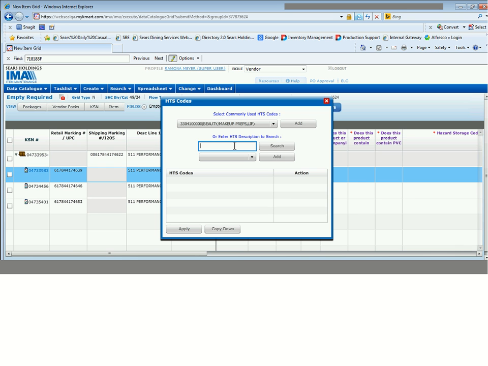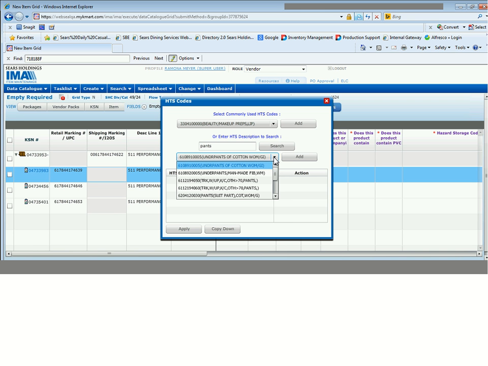HTS codes, if you remember yesterday, it's basically populates a list for the driver when he picks up your items. And so if he, for instance, gets stopped while he's driving, he gets pulled over by the police, they might ask him to produce a list of what is in his truck. And that list gets populated from the HTS codes that are populated here in IMA. So you can enter in a description and click search. It'll update this drop-down field to only display results that match that. And sometimes it can be hard to find an exact match, so just find the closest one and click